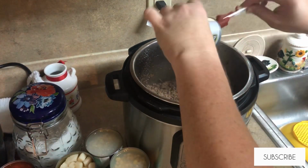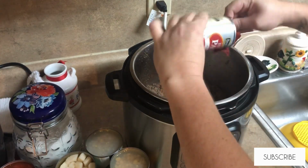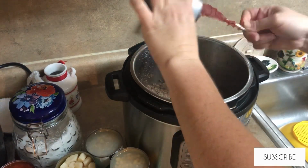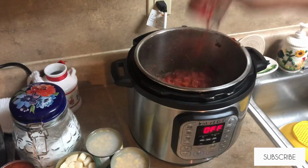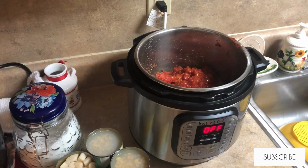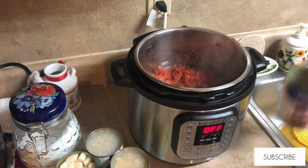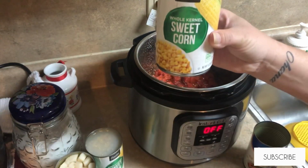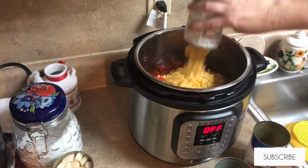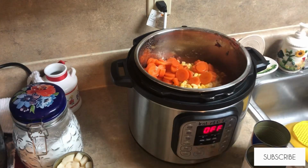So now I'm just going to add all of my canned goods. This is a small can of tomato paste, 2 cans of diced tomatoes that are seasoned with basil and oregano, 1 can of beef broth, 2 cans of corn undrained, a can of carrots, a can of green beans,